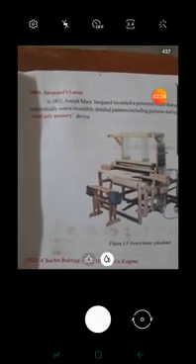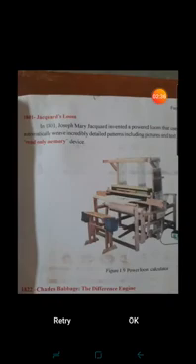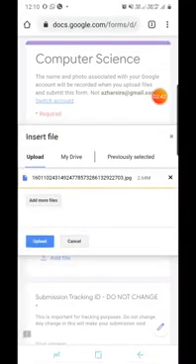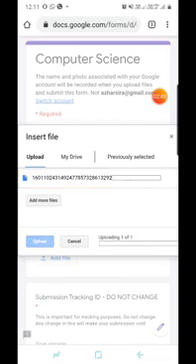Then it will give you two options, one is retry, another one is OK. Then click on the OK button. Then the image will be uploaded and it will ask you to upload. Tap on the upload button. Then like this your image will be uploaded.